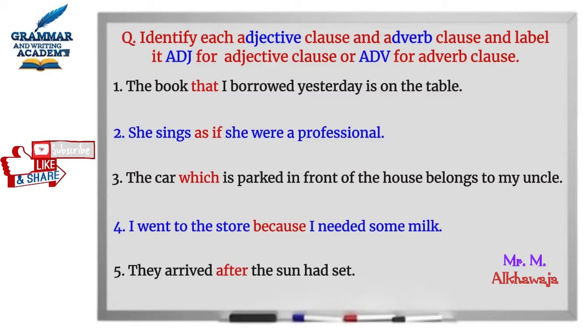5. They arrived after the sun had set. Remember, adjective clauses modify nouns and pronouns. They usually begin with a relative pronoun like who, whom, whose, which, or that, while adverb clauses modify verbs, adjectives, or other adverbs. They usually begin with a subordinating conjunction like after, although, because, before, if, since, unless, until, when,